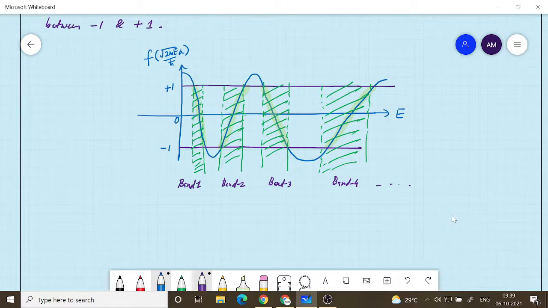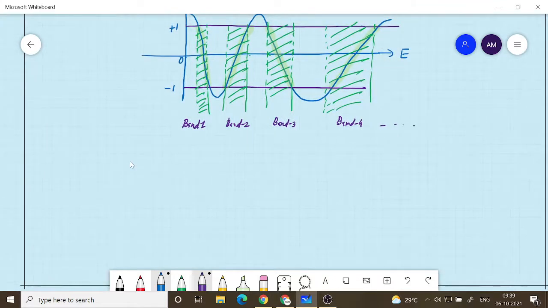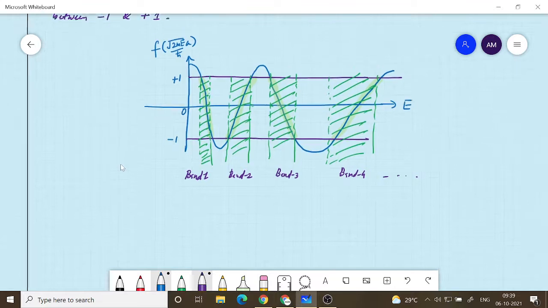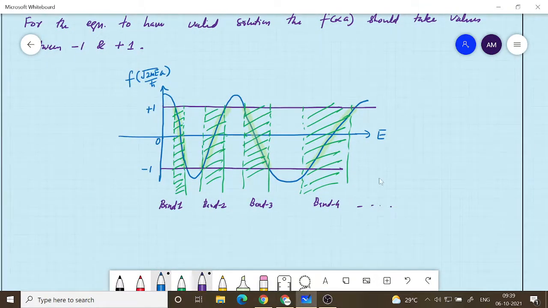Okay, so what we discussed so far is the origin of bands. Now we are going into the plot of the E-K relationship for an electron in the crystal. Usually this is done by using some numerical method, because only then will you be able to get the exact shape correctly. But one thing you can notice is that as E increases, you will see that the